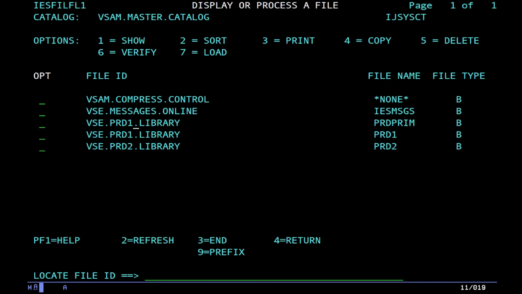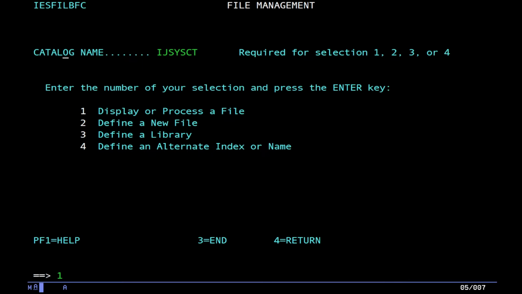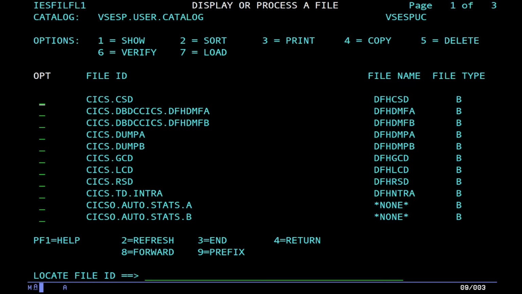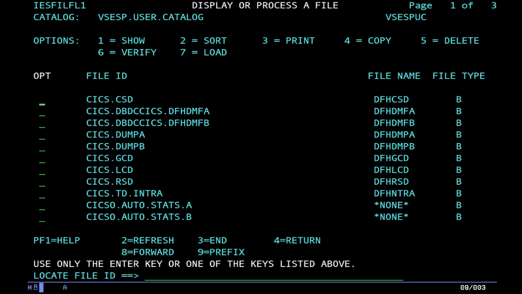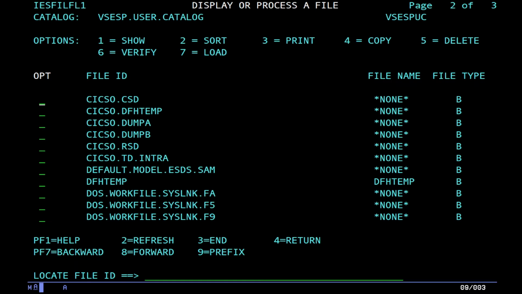So we're looking at all the data sets that are on IJSYSCT. If we put in VSE SPUC, which is the other, it's the user catalog, and when you look at that, you can see there's other files on here as well. And those tend to be on a different drive. This is a 2-pack system, there's 2 disks on this particular machine. And you can see there's a few other things, like there's some Kicks stuff there,